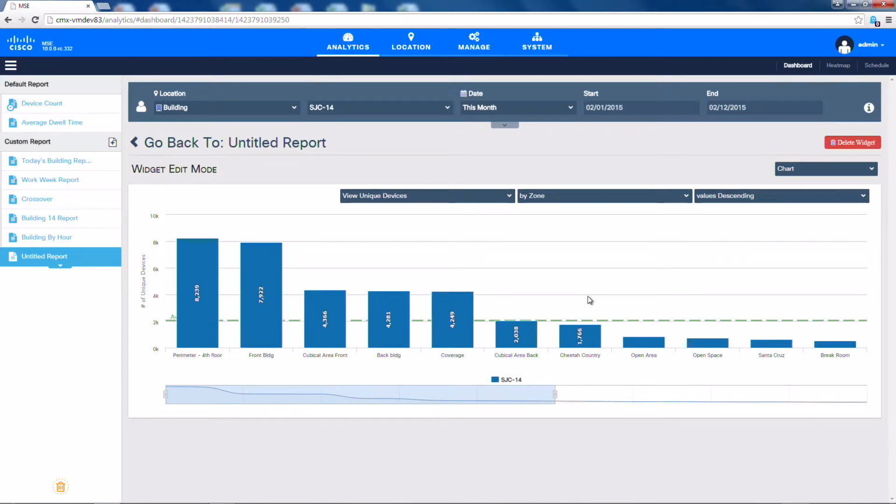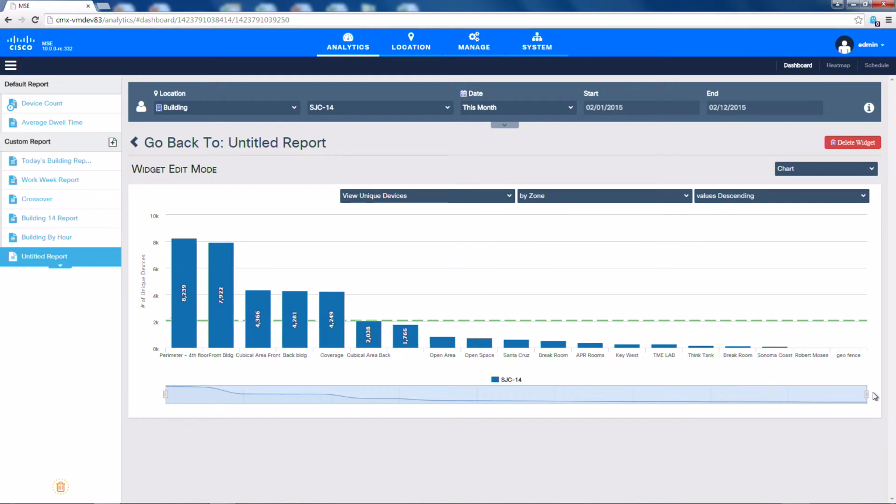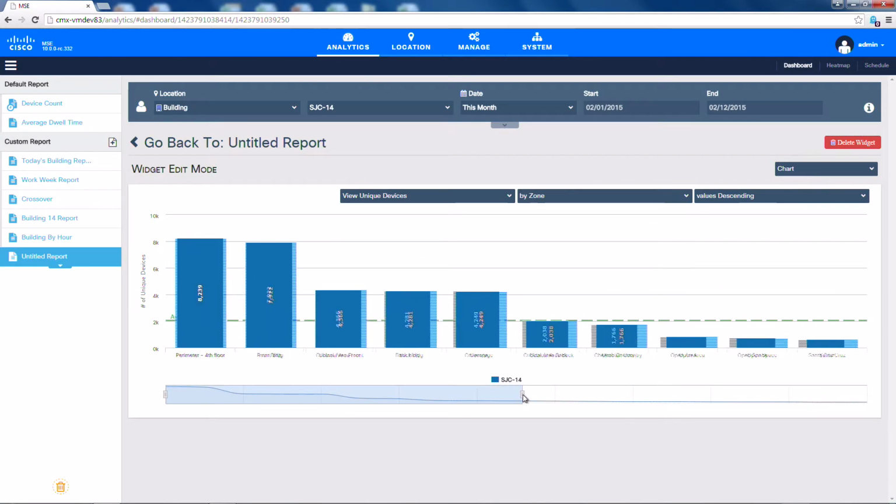Okay, so now I'm seeing the data by zone. If I look at the x-axis, every one of these data points is a zone that I created. So I have the perimeter, the front of the building, cubicle area, the back of the building, etc. Using the scroll bar again, I can zoom out and zoom in depending on how much information I